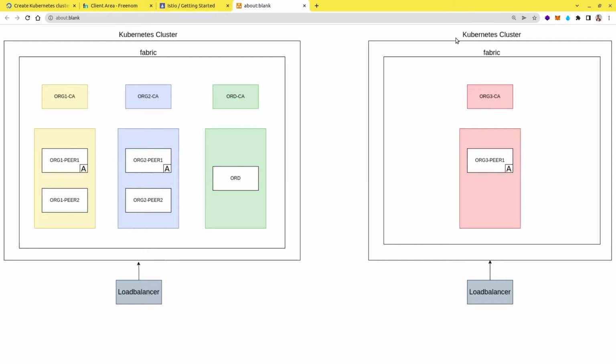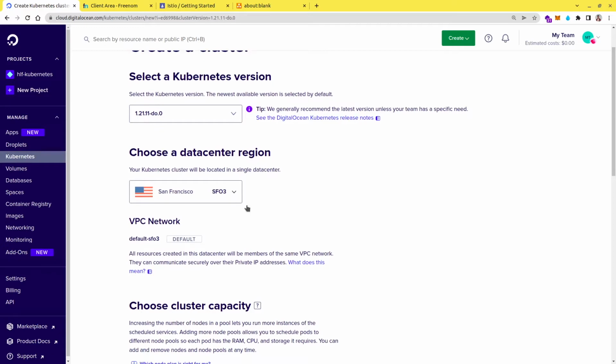organization is running in a different Kubernetes cluster, and it will have one peer, and that peer is going to be the anchor peer. This peer will also be an endorsing peer because we are going to install the chaincode in it, and we will then use this peer to invoke the transaction and query the ledger. So without any further ado, let's open the DigitalOcean dashboard, and here let me quickly create a new Kubernetes